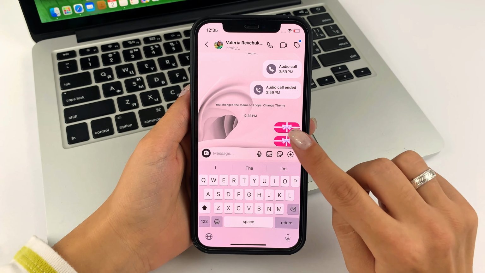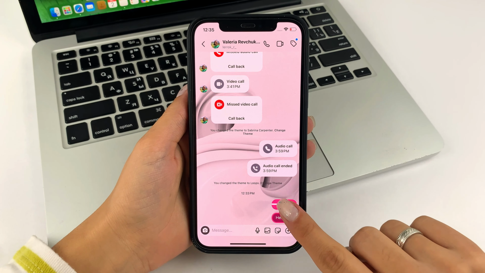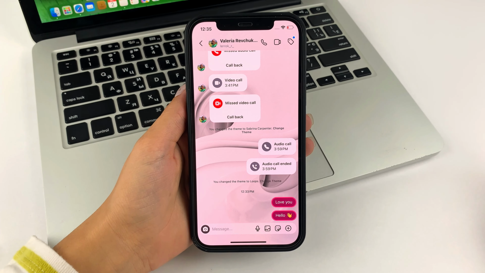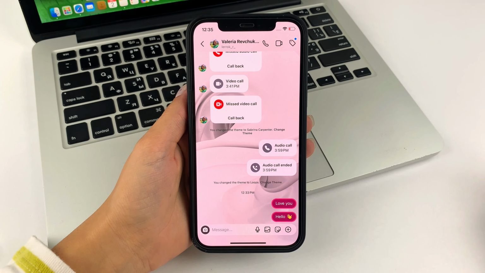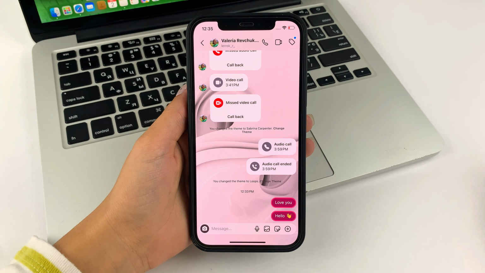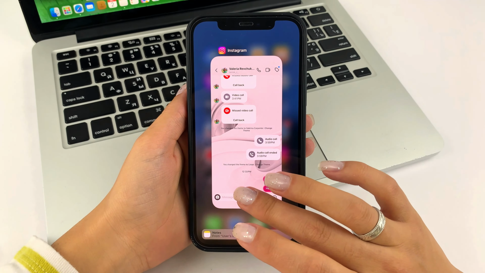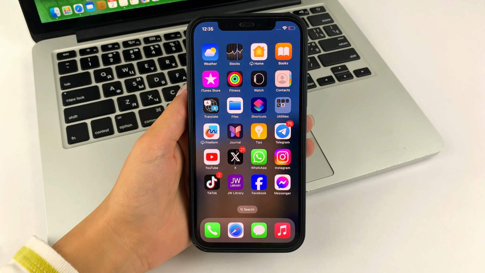In order to open it, he will need to click on the box. And as you can see, instantly the lid comes off the box and the message is seen. You can do the same to see the gift message you sent. That's the very simple, quick, and fun way, friends, you can send gift messages in the Instagram app.